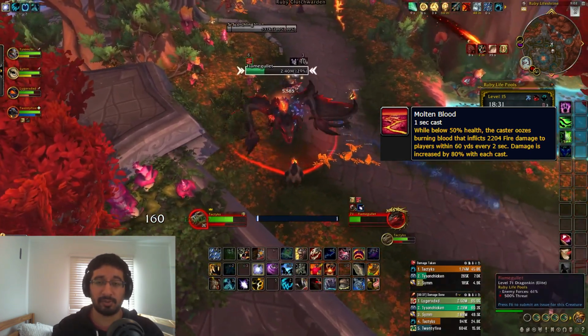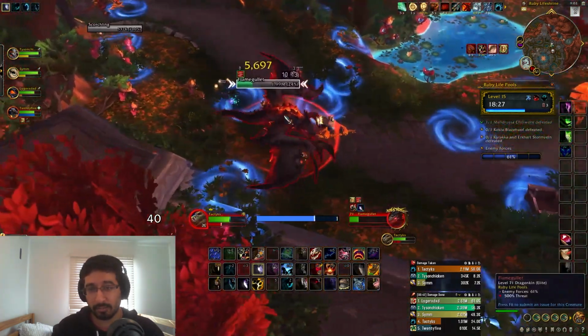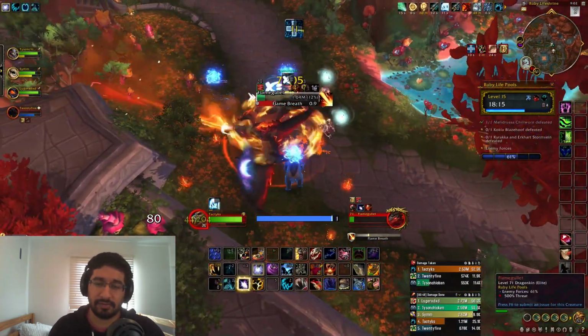while he's below 50% health. So the longer this guy lives between 50% and 0, the more damage he's going to do and the more dangerous he gets. So definitely a situation where you'd want to save your damage for when this guy hits 50%